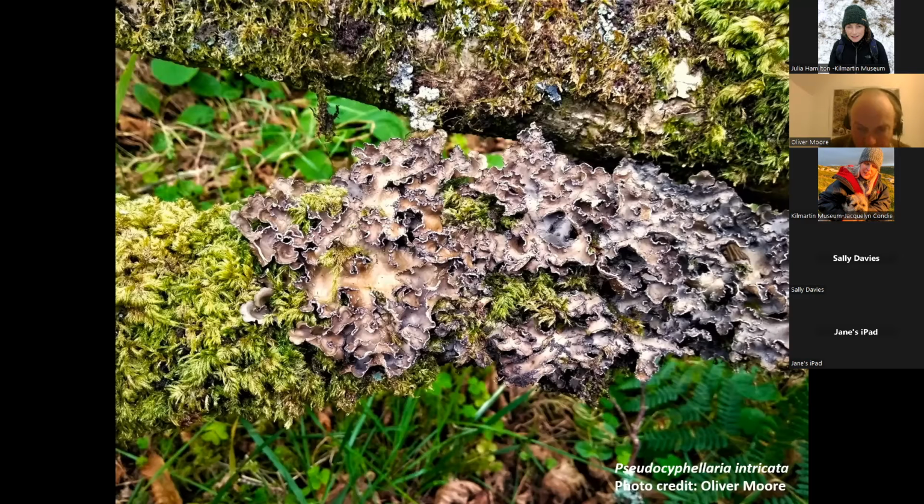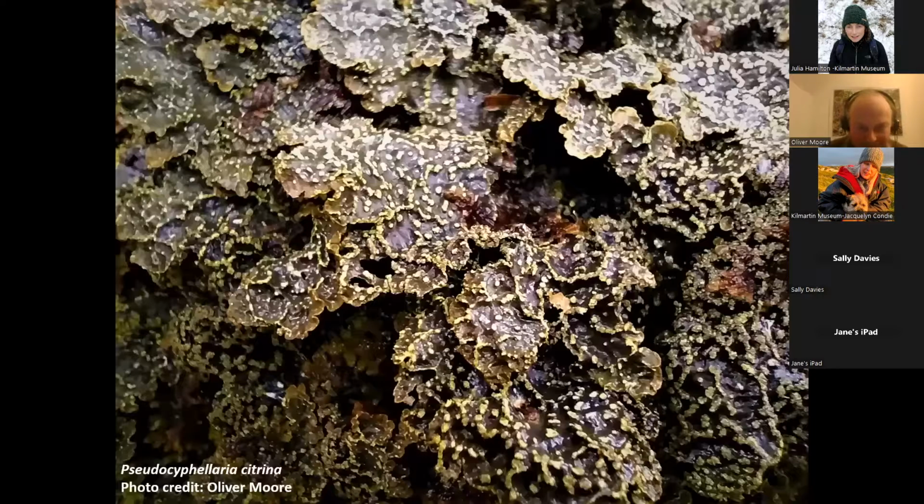Okay, I'm going to move to the next slide. Ooh, now this is another type of Pseudocyphalaria. Again, it's a good indicator of temperate rainforest habitat. It's called the yellow specklebelly, and I think it's a bit more obvious why it's called a specklebelly here. It's covered in these breaks in the thallus structure,